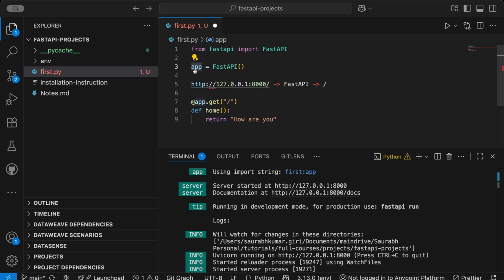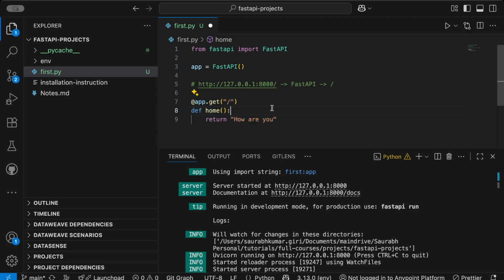This app is the main point of interaction for all our API and for all the endpoints. So when we are creating any API using FastAPI and we have multiple endpoints, all the interactions will start from this particular variable, which is an instance of FastAPI. We are going to utilize this for a lot of different tasks for all our APIs and for all our endpoints. Let me just comment this to explain the next part of the code, which is the home function